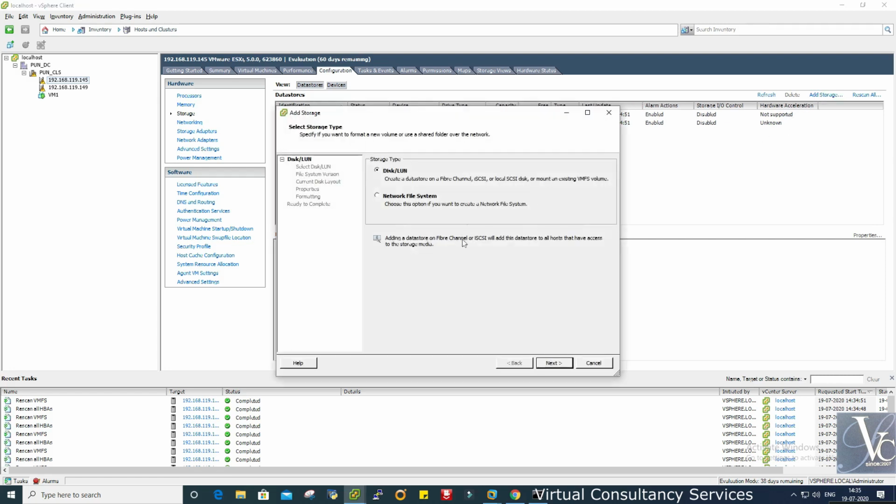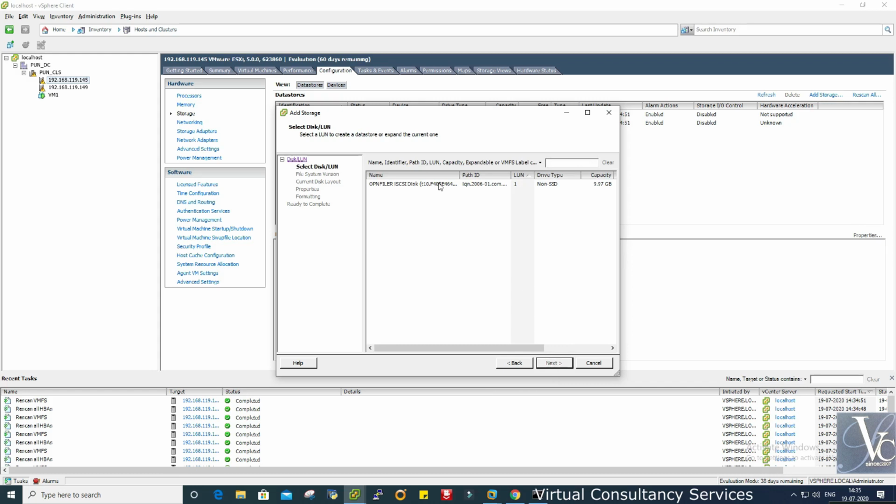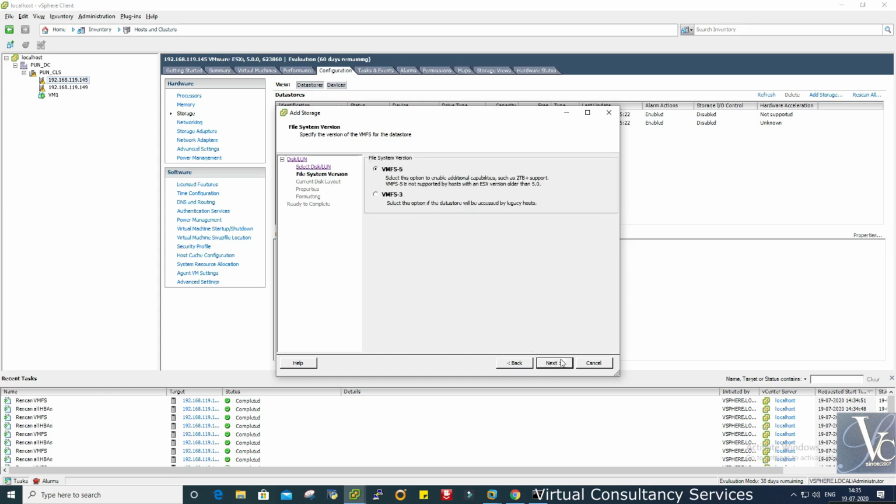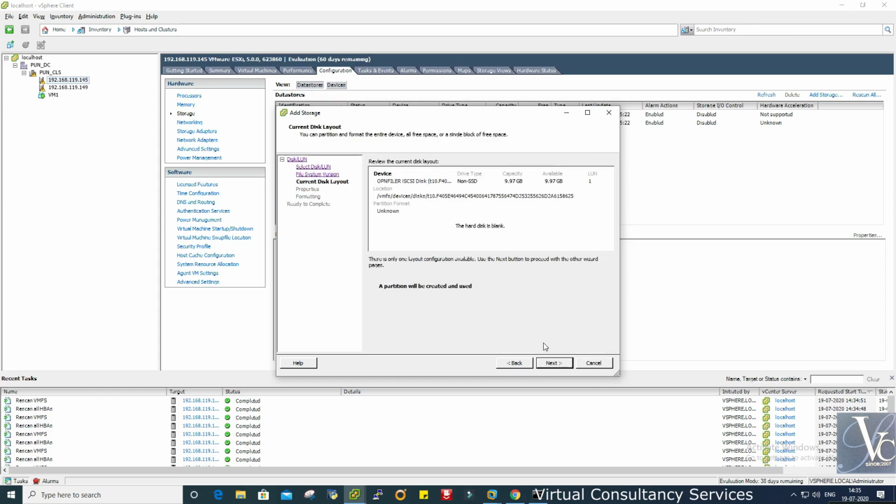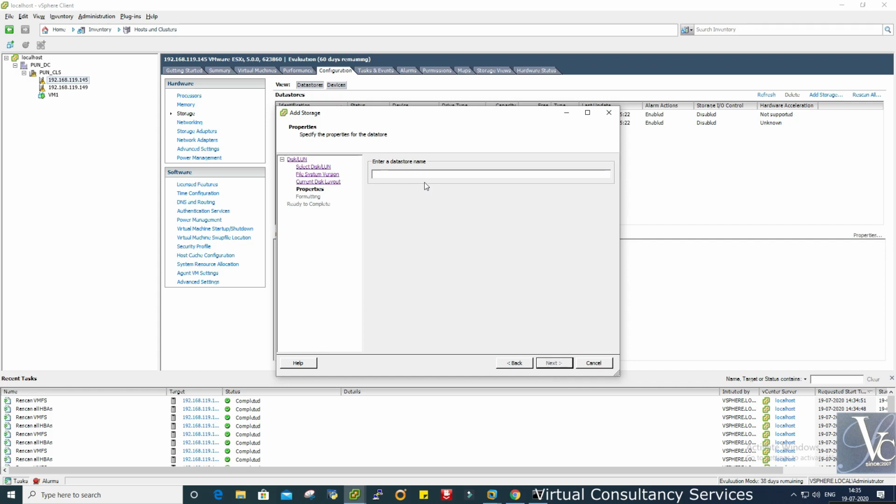Yeah, 10 GB. So go to storage, add storage. Okay, this 10 GB is available. Now we can add it as a datastore.